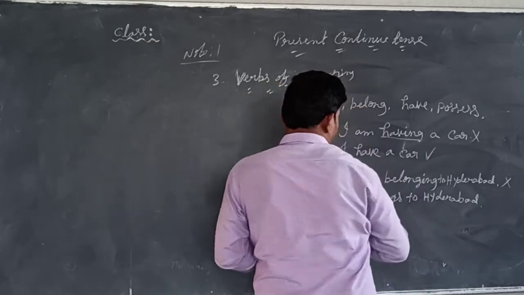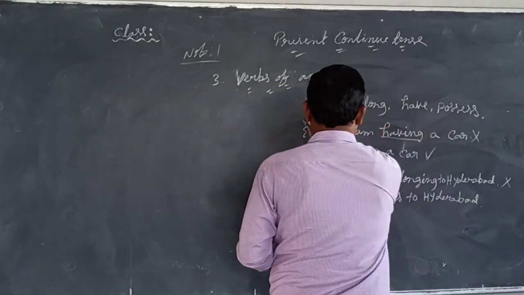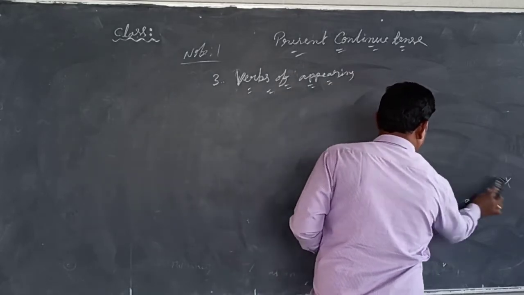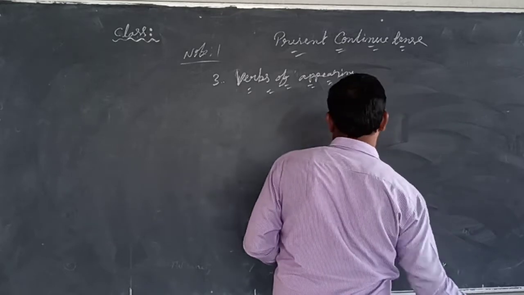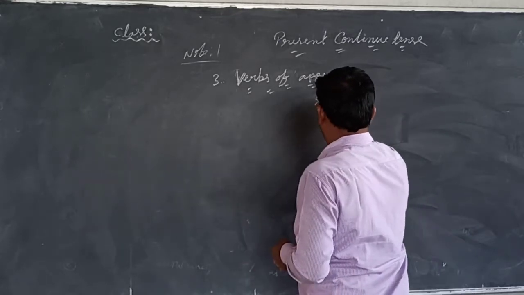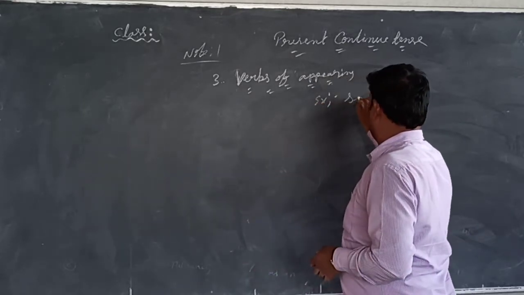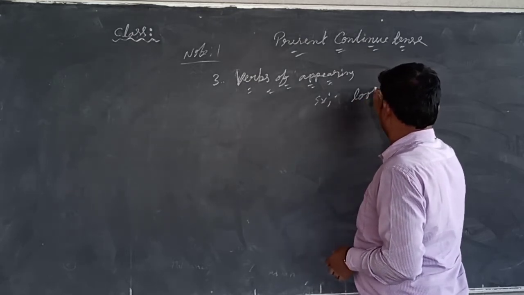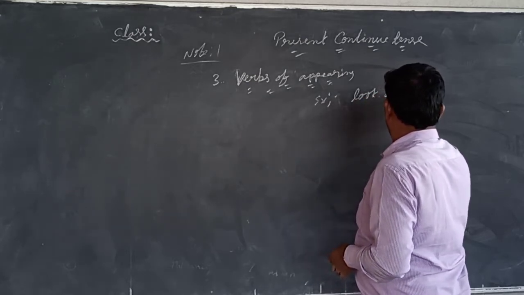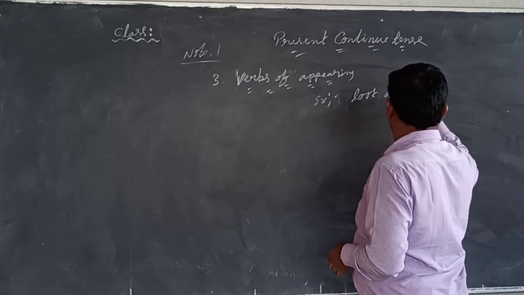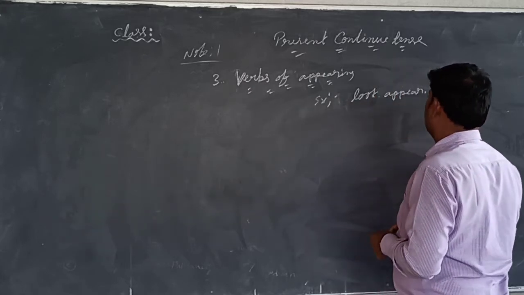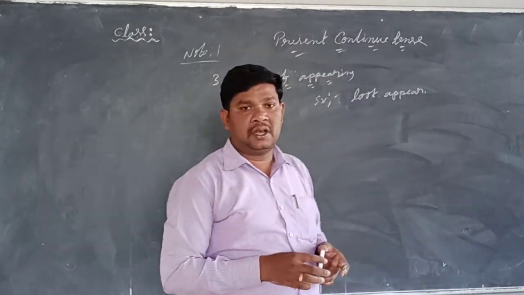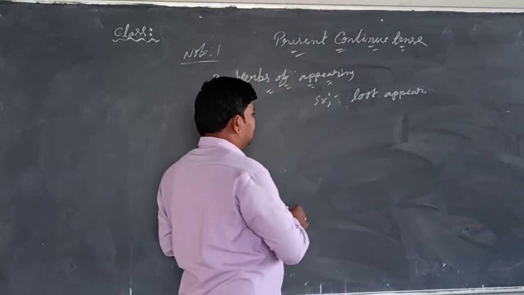So students, verbs of appear means, for example, those verbs: see, look, appear. These verbs we should not use in present continuous tense. So for example,